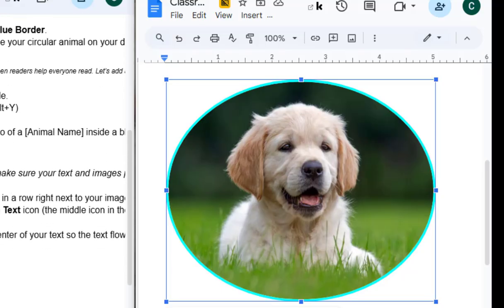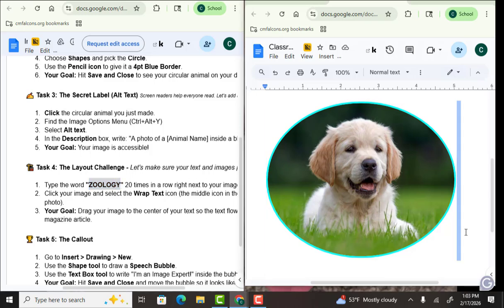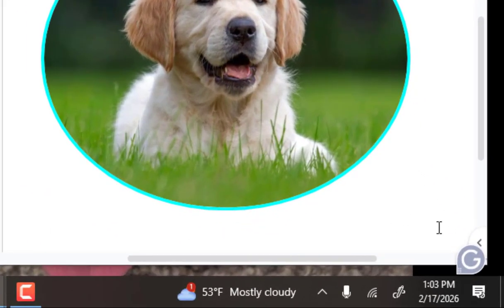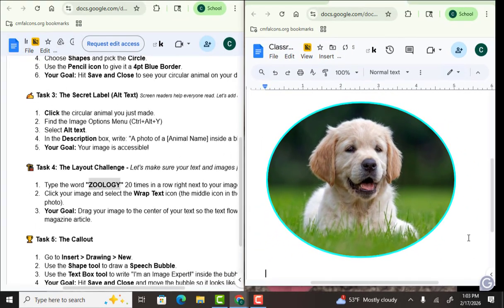Then task 4 says the layout challenge. It says type the word zoology 20 times in a row right next to your image. So I'm just going to copy the word zoology. And when they say right next to it, actually when your cursor is right here, I'm going to have you hit enter, enter, so it moves it down. And then you can paste